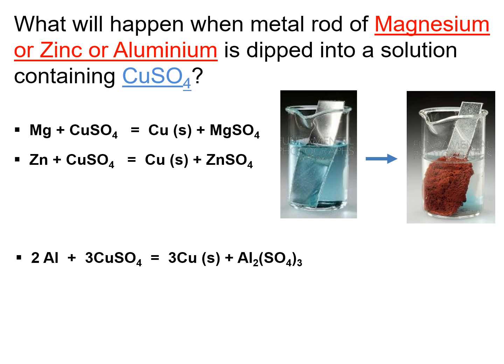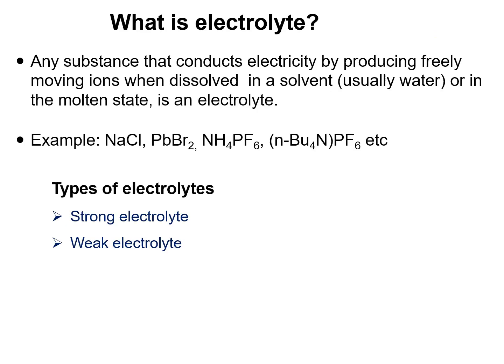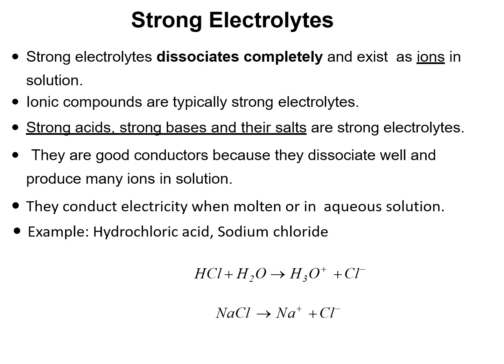Now, what are electrolytes? An electrolyte is a substance that conducts electricity in molten state or aqueous solution because it produces freely moving ions. For example, sodium chloride in solid form does not conduct electricity, because the ions are fixed in the crystal lattice. But molten sodium chloride or sodium chloride dissolved in water conducts electricity, because sodium and chloride ions can move freely. Now about the